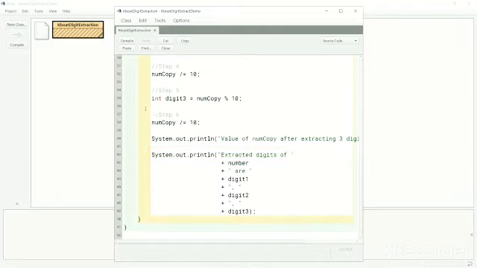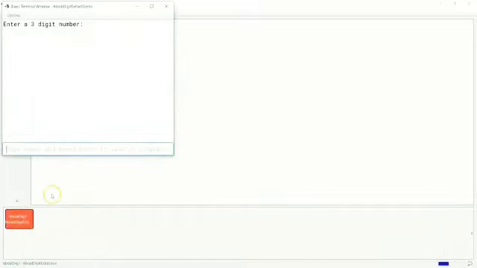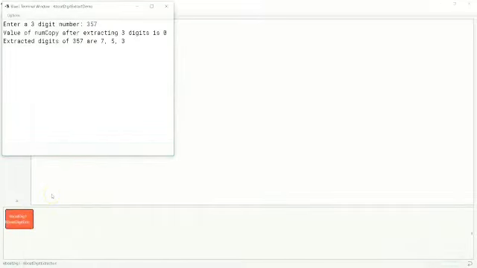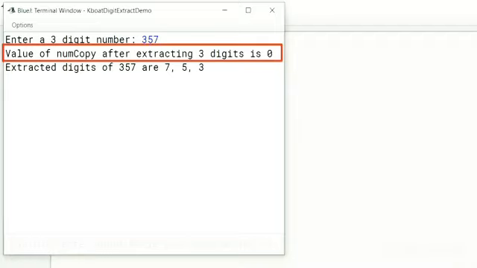Let's execute the program and give 357 as the input. Notice at step 6, after extracting 3 digits, numCopy has become 0. This confirms that the input number had 3 digits.